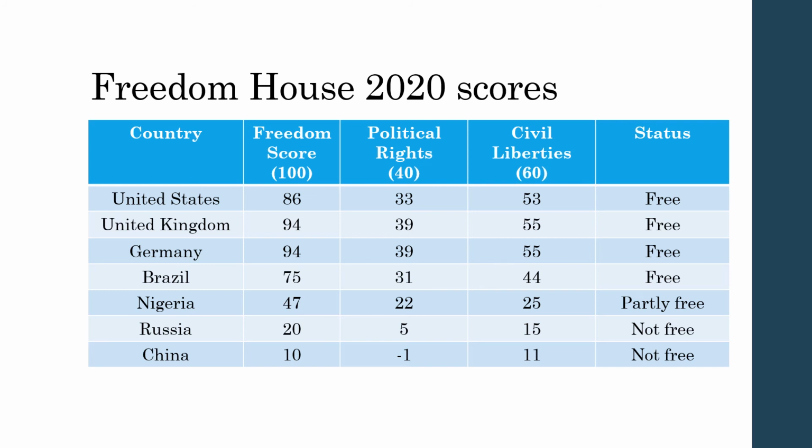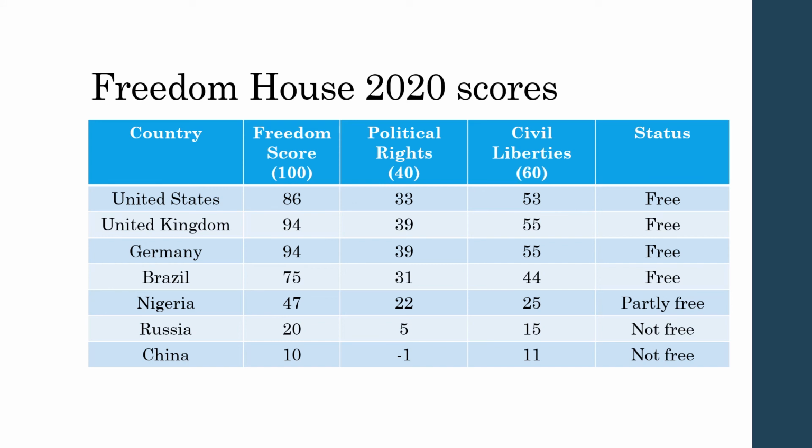So you can see lots of things here, and I hope you pause the video a little bit and really take this in. One thing you could post on the discussion board is, are you surprised that the US has a significantly lower score than the United Kingdom or Germany? Does that surprise you? That hasn't always been the case. In the last 4 or 5 years, the United States has dropped considerably. If you want to know why that is, you can read more in your textbook and then also in that